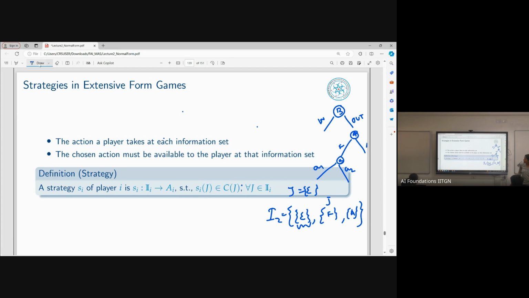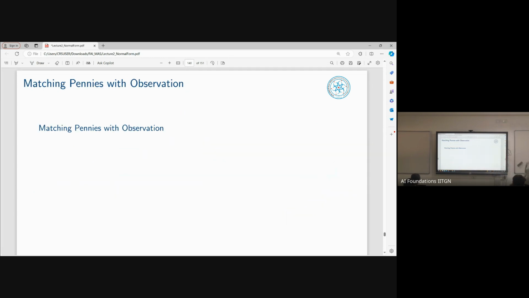But a strategy is not a sequence of actions. It's just one action. But the information set will determine the sequence of actions. Right? Because at the beginning, at time epsilon, I took some action. Then when A takes one of these actions, what is my action? So it's the entire possible sequence. It will be very clear in the very next slide.